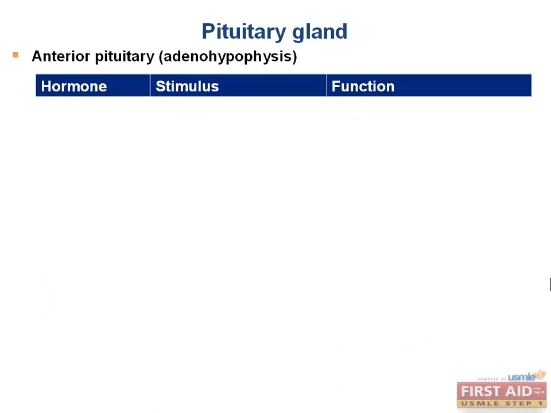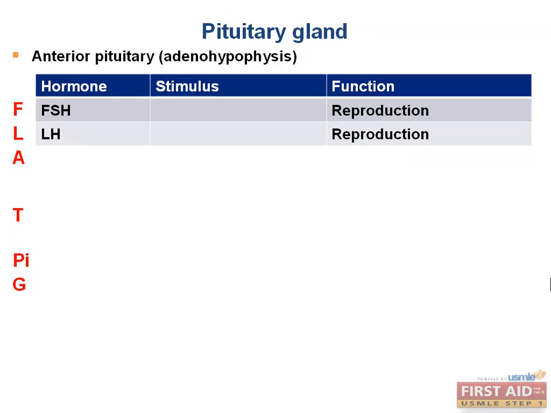Now let's talk about the anterior pituitary, also known as the adenohypophysis. There are 6 hormones produced and secreted by the anterior pituitary, and they can be memorized with the mnemonic FLAT PIG. We have FSH and LH, which are involved in reproduction,